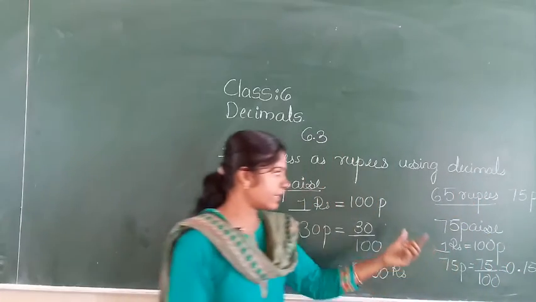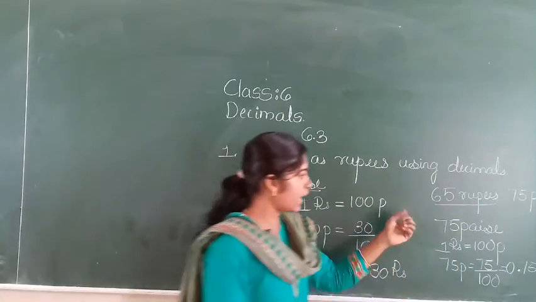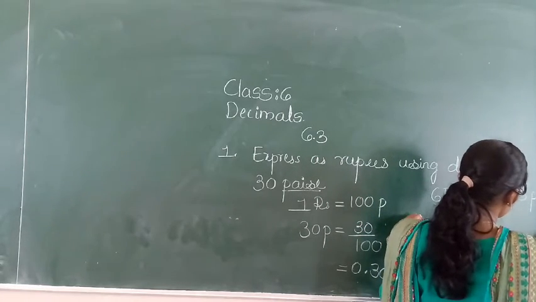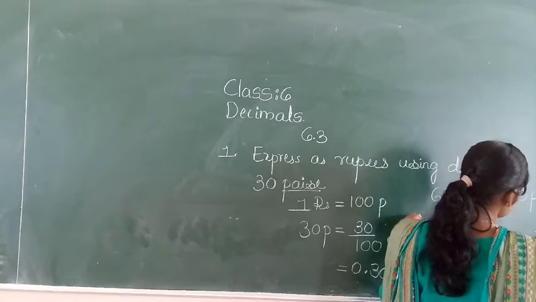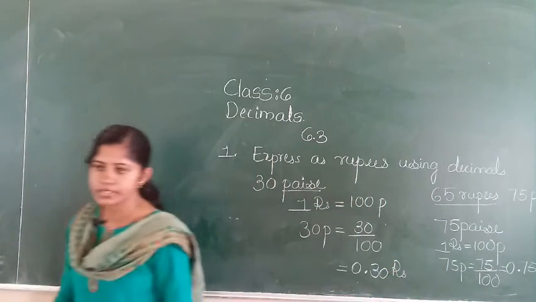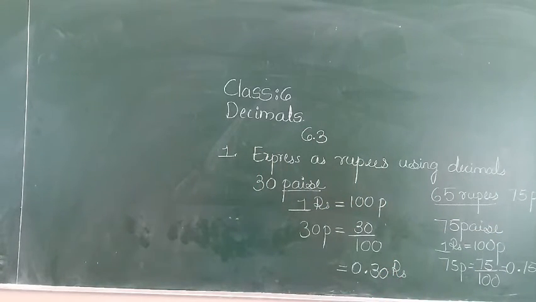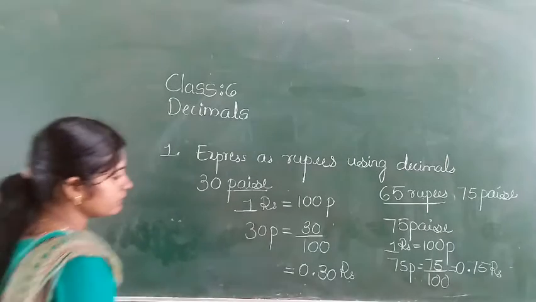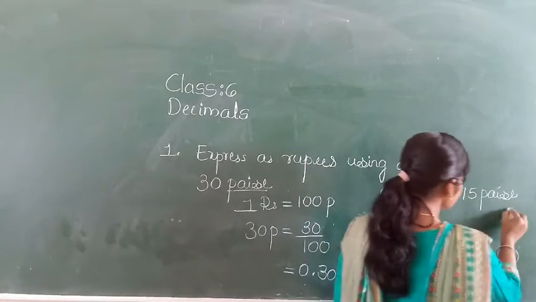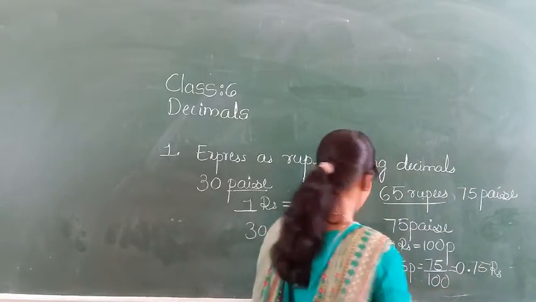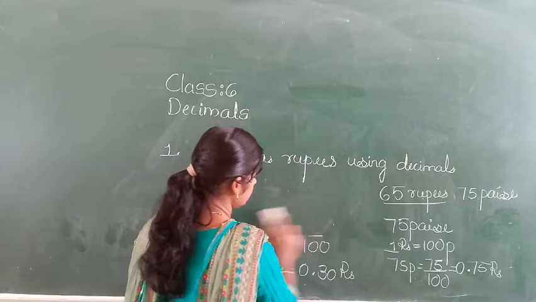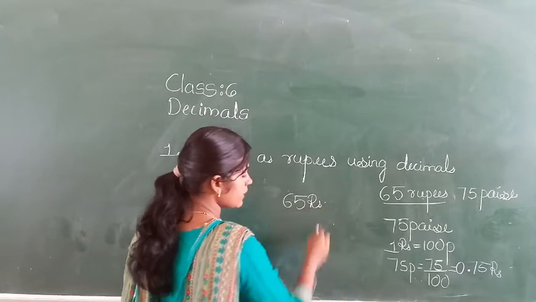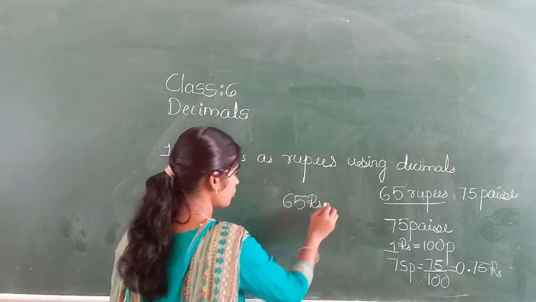Then I converted this paise to rupees. Add here 65 rupees plus 0.75 rupees. Okay. See here, I converted this paise to rupees. Then take here 65 rupees. Okay, after that what is there here? 0.75 rupees. So plus